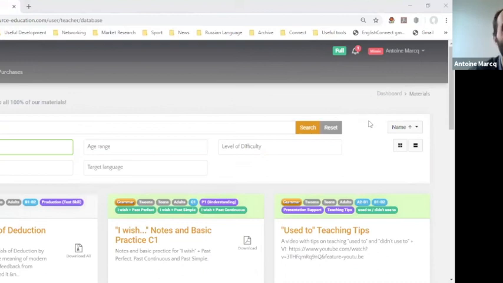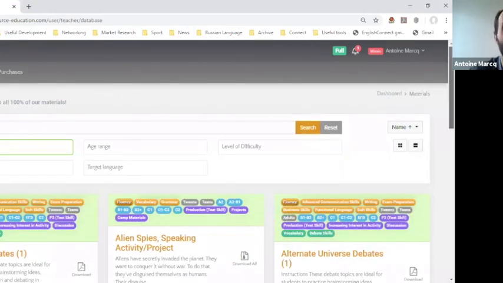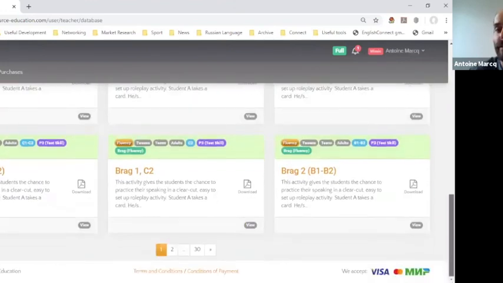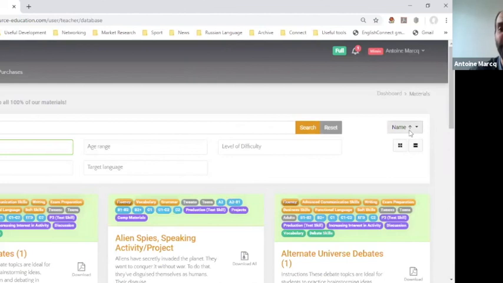Last thing for the activities: for the filtering, you can also filter here. I like this too. You notice when we looked for fluency activities, boom. I told you we were looking for fluency, we were looking for Brag. It's a fluency activity, so we were very lucky, because it's filtered by name.